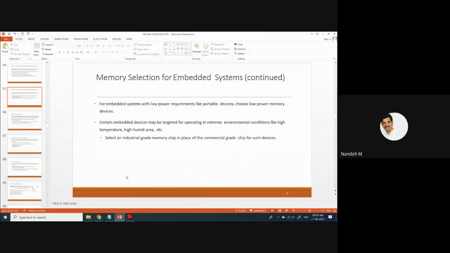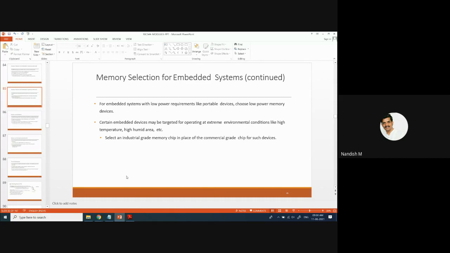Yes, in the previous class, we were discussing memory selection for the embedded system. That is, what type of memory we have to select for an embedded system. If you are going to design an air conditioner, an AC, or any other low power device, what kind of memory selection are you going to do?